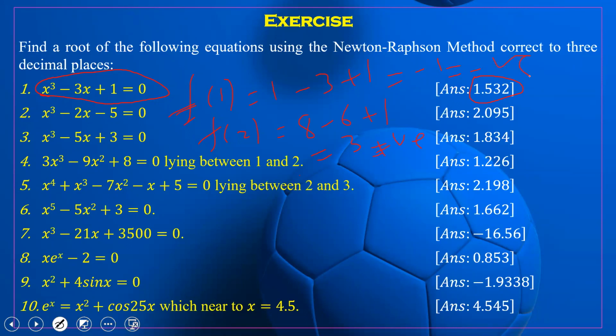So clearly the root of the given equation will lie between x equal to 1 and x equal to 2. You can put either 1.5, or x0 equal to 1, or x0 equal to 2. The answer is very near to 1.5, so you can put x0 equal to 1.5. Actually the answer is not given in the exam, but right now let us put any value. At most we will take one more iteration; there is no need to take two more iterations. We only take one more iteration and then we get the answer. So this is the very important Newton-Raphson method.